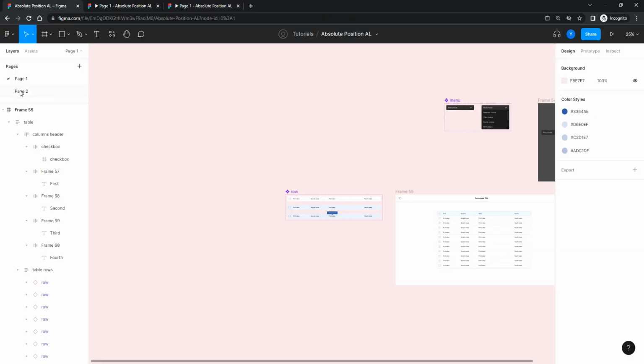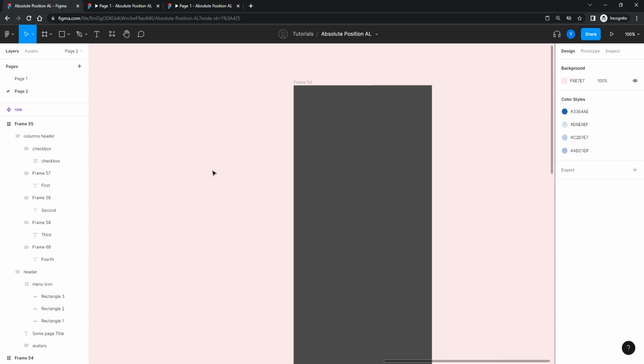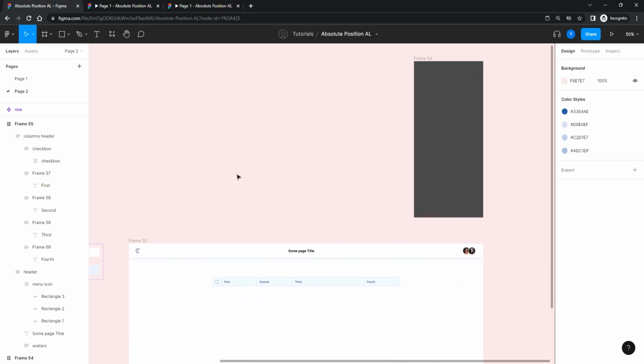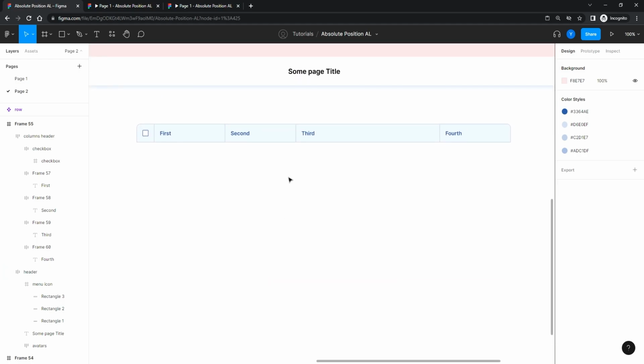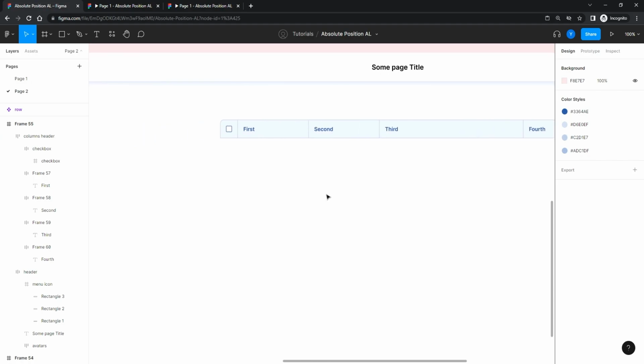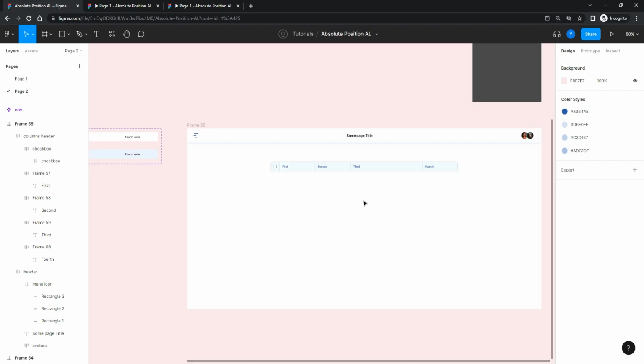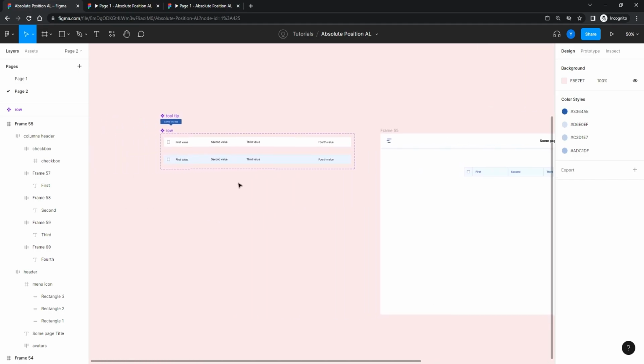These are the already built ones, so I'll go to these and let's see how exactly we're going to do that. Let's start with the table. Here I just have the table header placed. I haven't done anything with it yet. This is some kind of imaginary screen, a table in a complex system template, it doesn't matter. Anyway, so I have